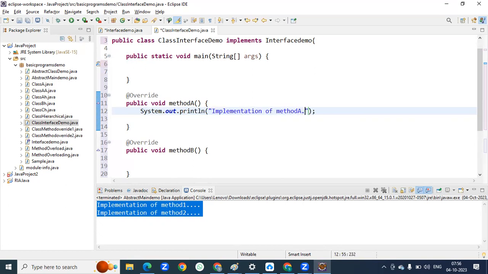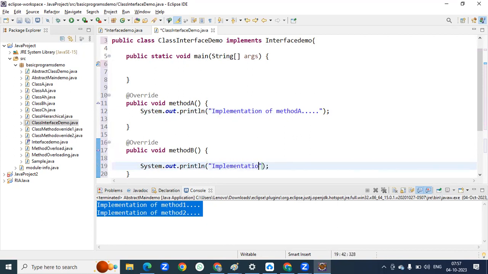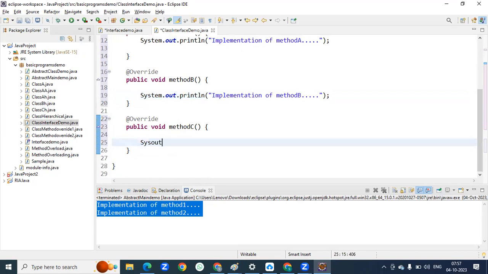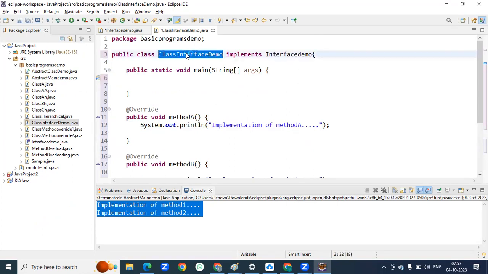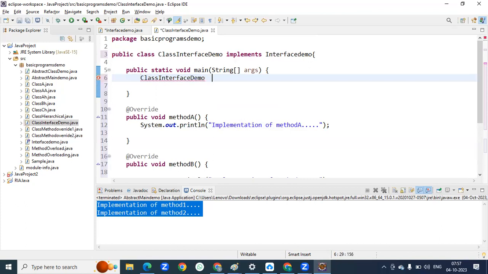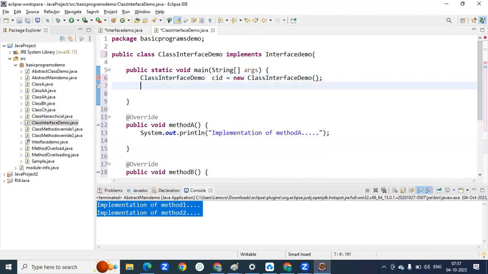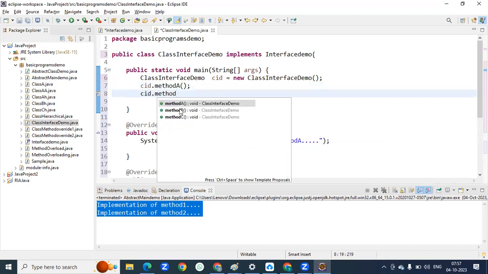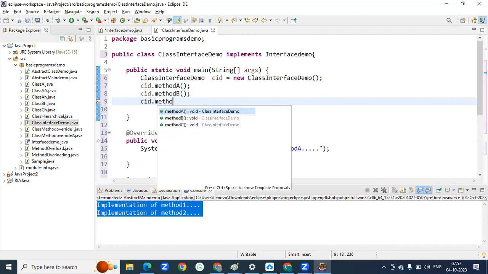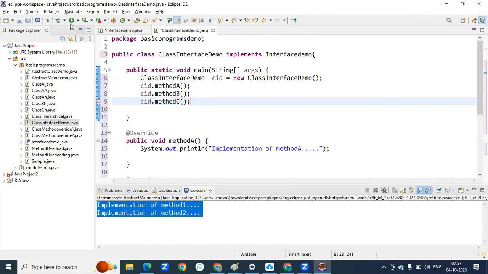Implementation of method A. Method B. Implementation of method C. For this class, I'm creating an object, and I can access all these methods: method A, method B, method C. Now, if I'm executing this,